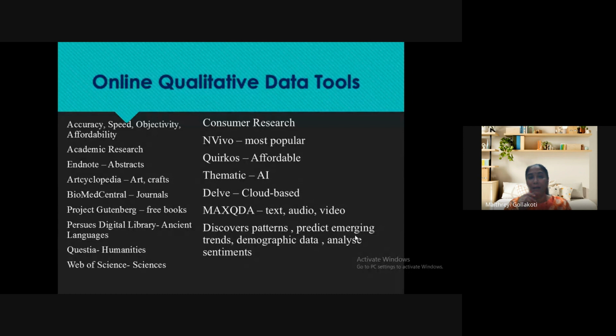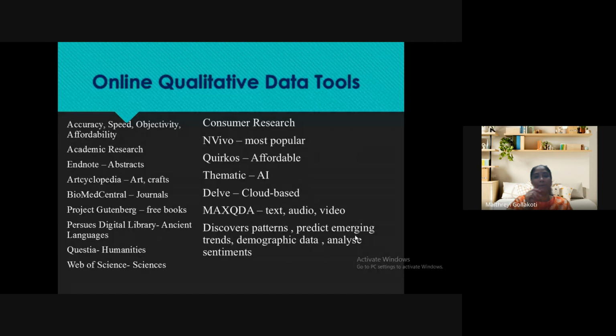Whenever we do online polls, we give a poll question, immediately hundreds of people will give answers, isn't it? So it is very speedy. It is objective. There is no partiality. See, when a person is conducting some research, they may like or they may dislike a person. So there will be a little bit of partiality. But whereas for a machine, it is totally objective. There is no partiality for a machine, isn't it?